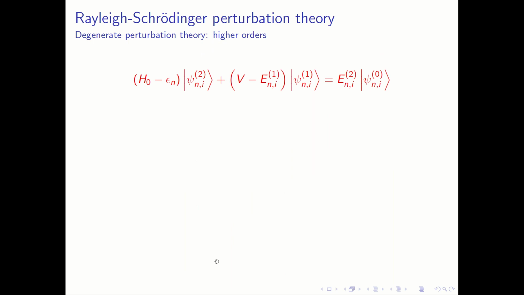What about the second order energy correction? For that, of course, we have to write down the second order perturbation equation, which is the familiar one, the same one that we had used in the first lecture, and of course which we had applied in the second lecture. However, what you need to realize is that we have one extra index here,